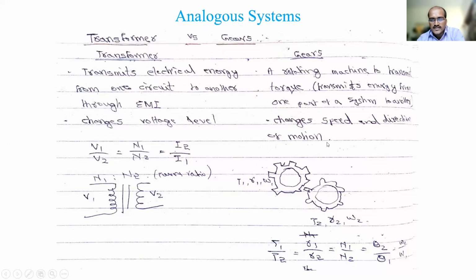So if you are going in first gear, how much speed can you go? Maximum you can go 0 to 10 kilometers, or if you try, maximum 20 you can go, right? If you have to go more than 20 kilometers speed, you just have to change the gear, right? First gear is only to get the vehicle moving, right?